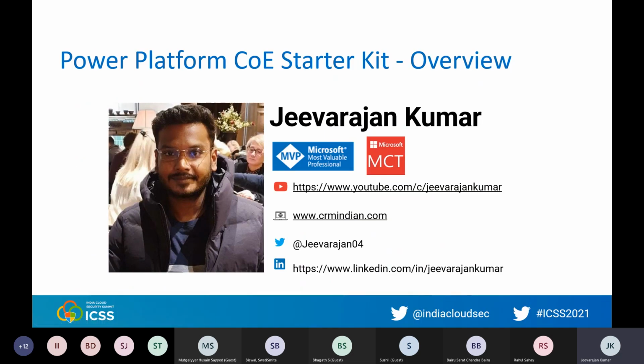Without further ado, as I said, today's session is going to be on the Power Platform CoE Starter Kit. It's a beginner level session. If you're already using Power Platform, this session is going to be quite useful to understand the basics of what the CoE Starter Kit means, how we can start with it, and further how we can enhance it. After this session, I'll share some materials in the chat to go into further details of the